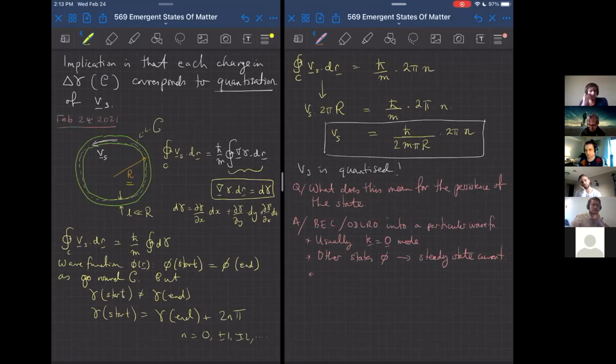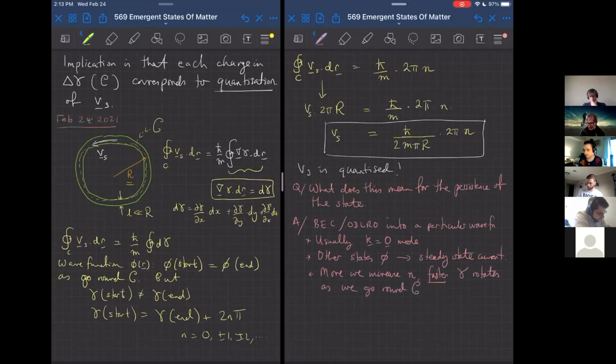The more we increase n, the faster gamma rotates as we go round